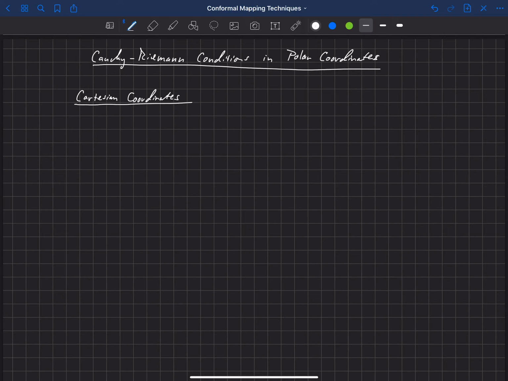Okay, so in Cartesian coordinates, we said that we have some complex variable z that was defined as x plus i y. And then we could have a complex function f of z that had a real component that was a function of z plus an imaginary component that could also be a function of z. Okay, and we found that the Cauchy-Riemann conditions then